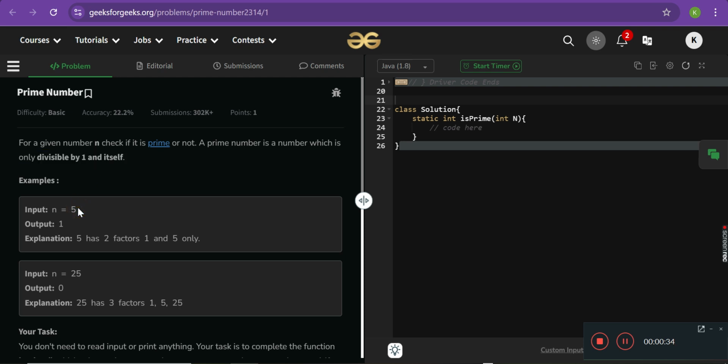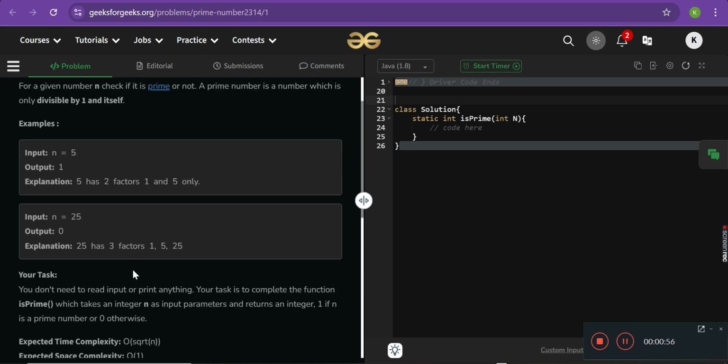So in this example, 5 is divisible by two factors: it is divisible by 1 and also it is divisible by the same number 5. So a prime number is divisible by 1 and itself, that is called a prime number. In this example